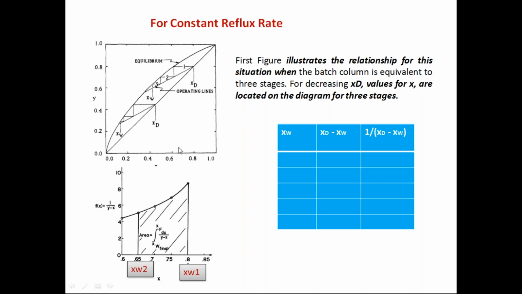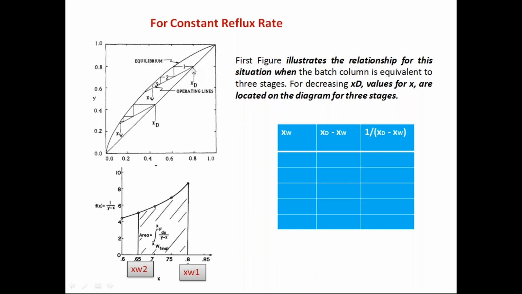So at XD equal to this one, you draw the slope. Then again you can find 1, 2, 3, so you can find out the XW. So for each XD, for a constant reflux ratio, the corresponding XWs can be found out. That can be noted down here. If you take XW, that will also give you the XD, or if you take the XD, that will also give the XW, for 3 plates, a fixed number of plates and a constant reflux ratio.